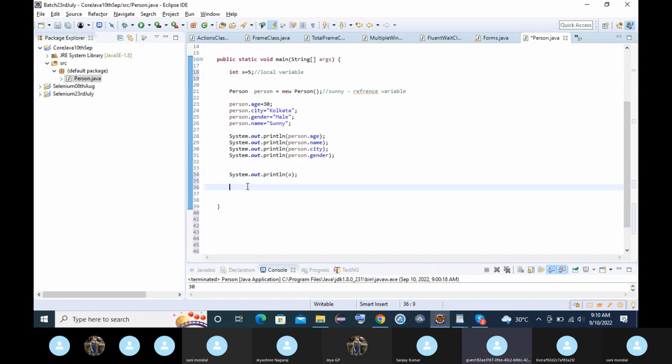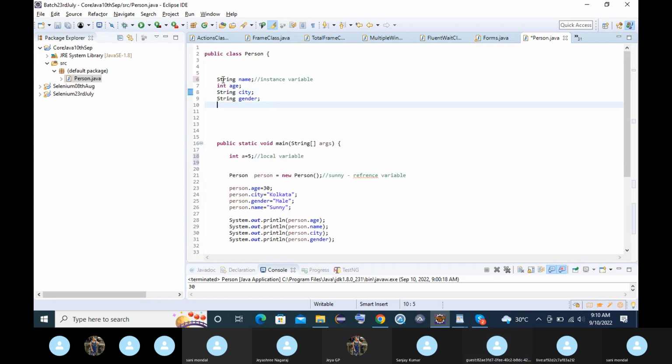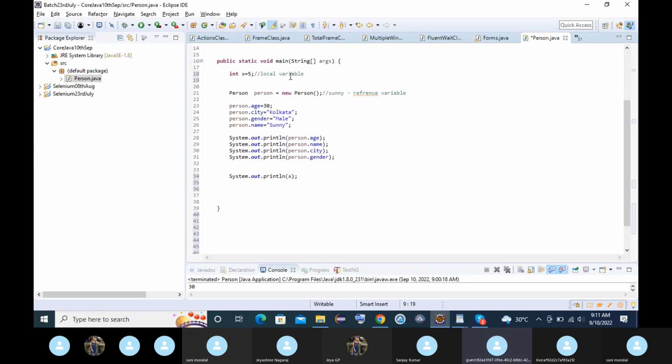Only this part, the JVM will read and it will execute. But in which scenario will we be using these instance variables outside of the method? Here I'm using access outside the method. It means you can declare and you can give some value. Apart from that, you cannot do anything outside the main method. Okay, fine. So we can't print these instance variables outside of the method, right? Yeah. Only any operation which you want to see on the output, that you have to define